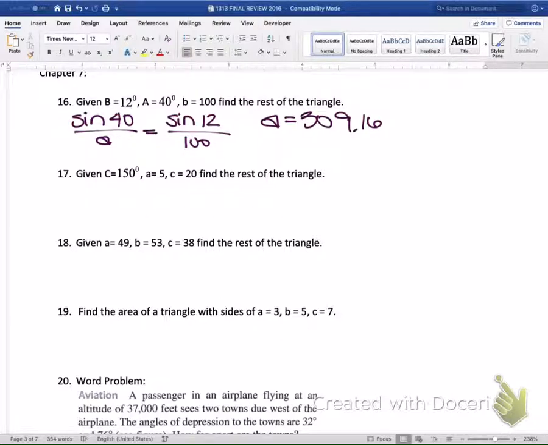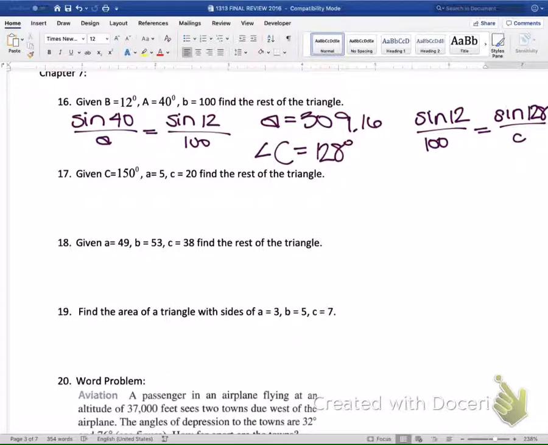The next angle, because they all add up to 180. So angle C is 180 minus 12 minus 40, which gives me 128 for angle C. And then we find side C. Again, I would probably use angle B and side B because those were given to me. Sine of angle C over side C and cross multiply to find that. One thing that I am going to remind you of on these kind of questions